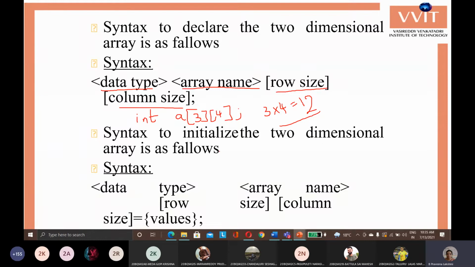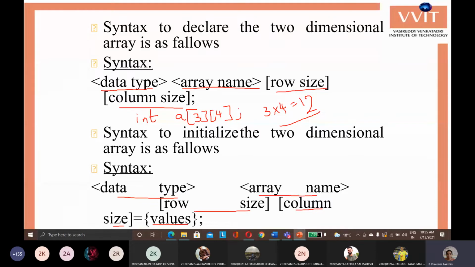Next, to initialize this two-dimensional array, in the same way as you declare the array, you give the data type, array name, row size, column size, then you can give the values. But in two-dimensional arrays, whenever you are initializing the array, the row size is optional.